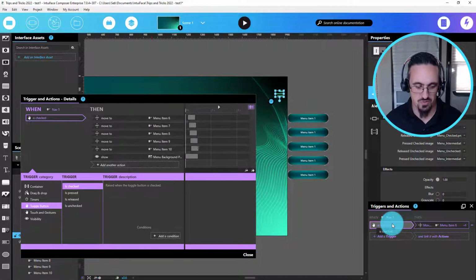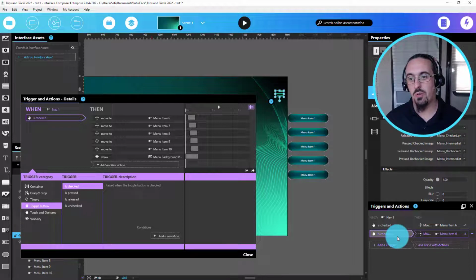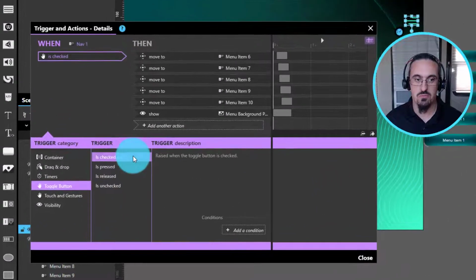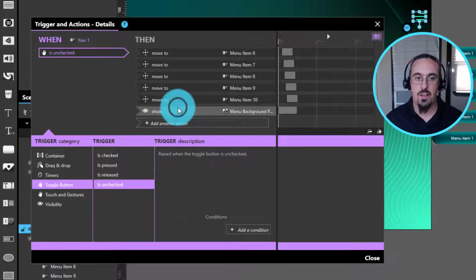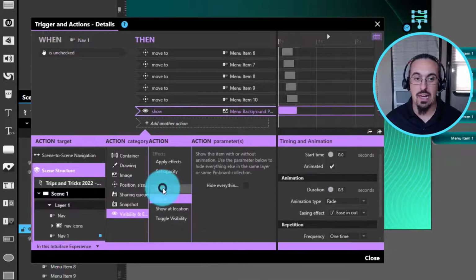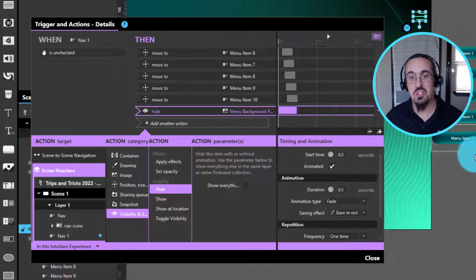You could also just do a Control-D, Control-C, Control-V for duplicate. You have twice the same trigger and all the actions have been duplicated. This trigger, just change it to is unchecked. The show will become a hide. And here we need to bring these buttons back to their original position, which happens to be the position they